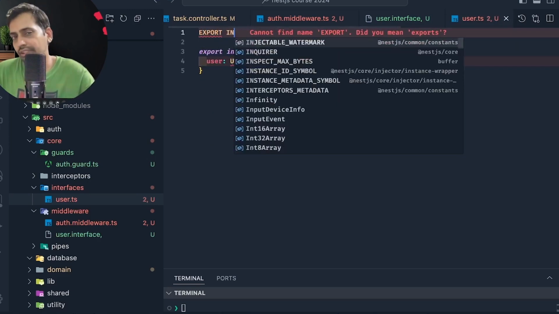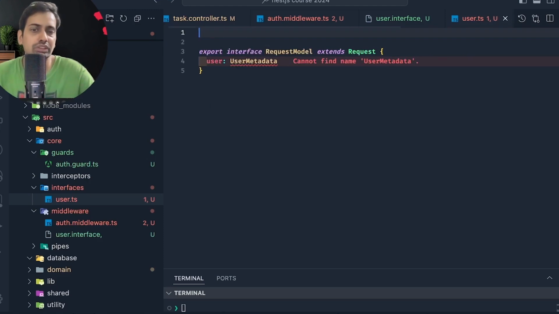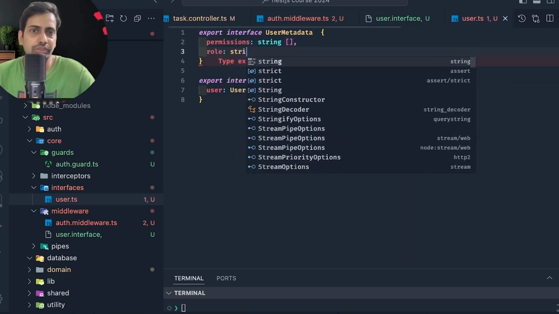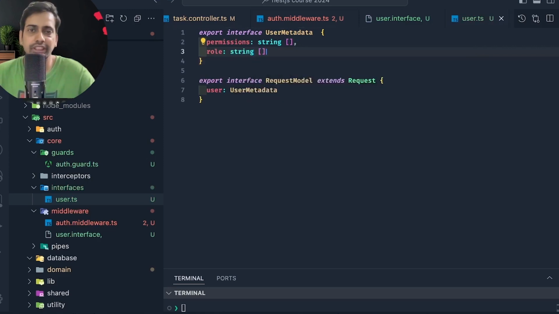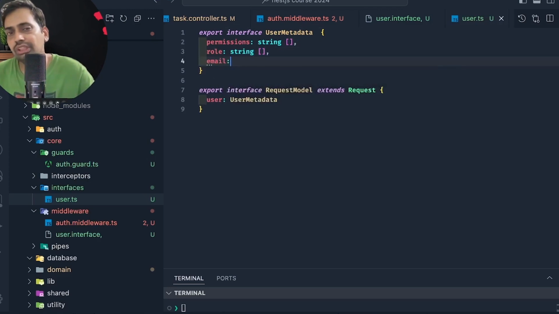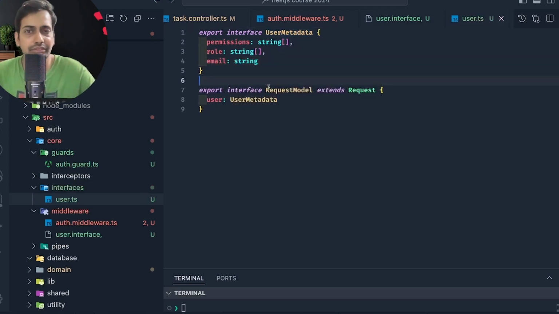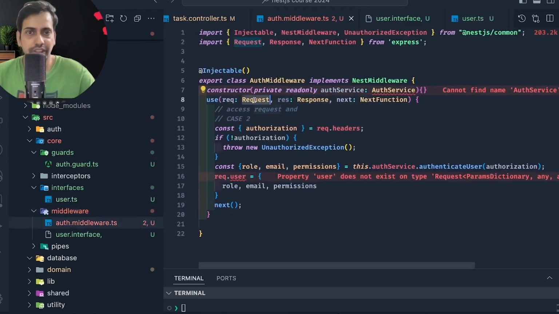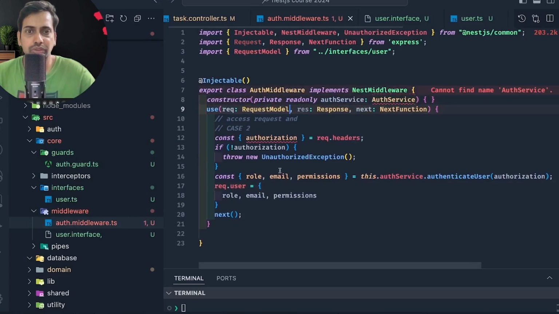Now user metadata can have another set of properties, like email, roles, permissions, and this request is coming from Express. Permission is of type string array, role is of type string array, and email is of type string. So these are all the things we are planning to extract from the session and then set on the request.user. That is what our middleware is doing, right? So here we got the request object, request model, we change this type,